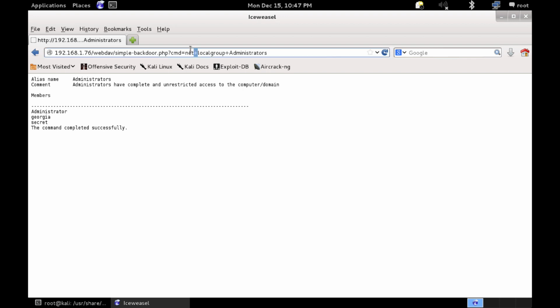Typically we would put a space there, but it looked like from the usage information it wanted a plus. So this is just a Windows command to ask for the administrative users. It looks like administrator, Georgia, and secret are all administrative users. So again, when we get to post-exploitation, we'll look at some more options of some interesting commands you might want to